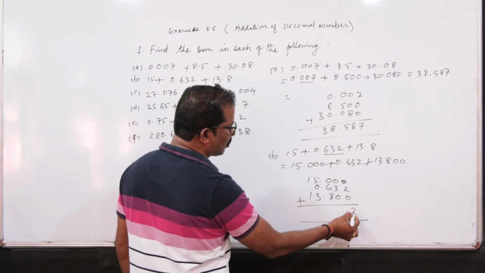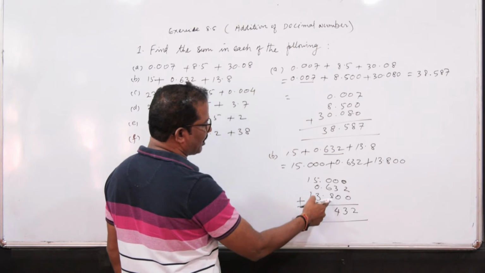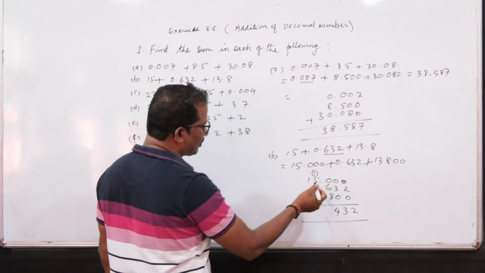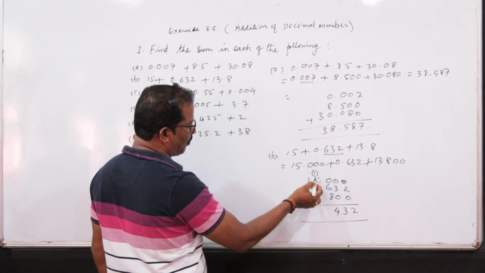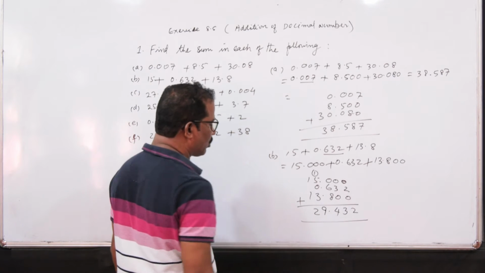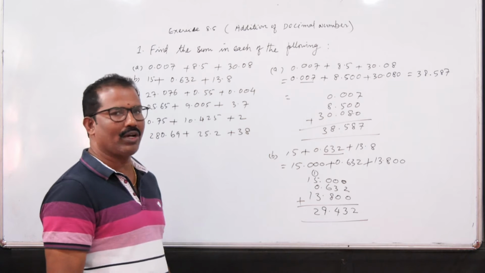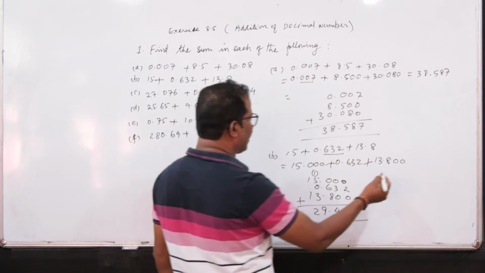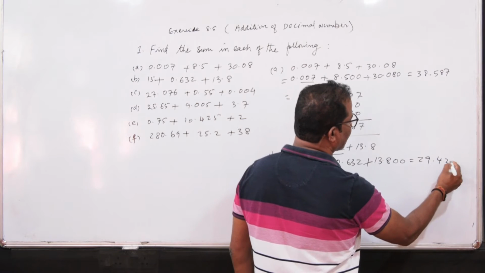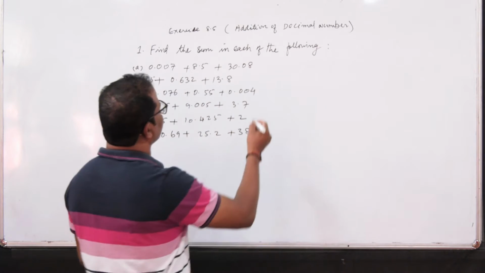So for adding decimals, the numbers should be like decimals, and you can see in the decimal part here 2 is there and here 3 will come, and here how much will come? 6 plus 8 is 14, means 4 you can write here, 1 carry here. Now 1 plus 5 is 6 and it is 9 and the decimal place here and here 2 is there. So the sum of these given decimal numbers, how much we got? 29.432. So we can write the answer here as 29.432. Understand?